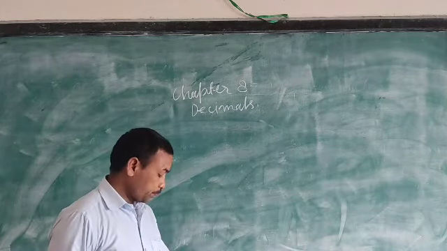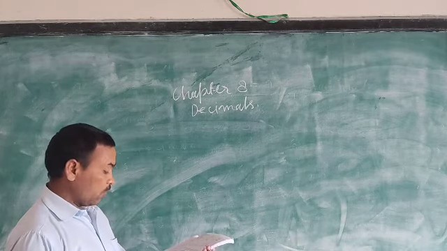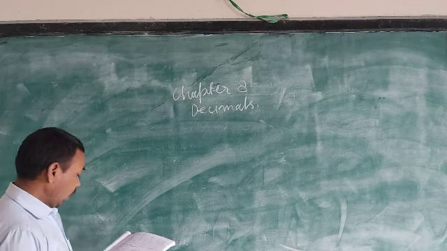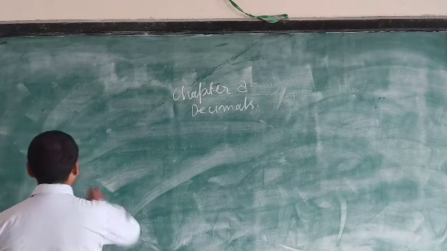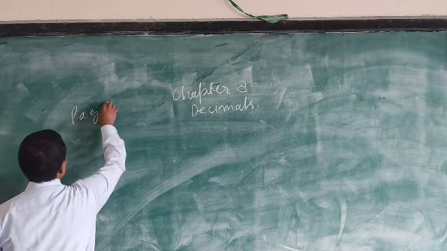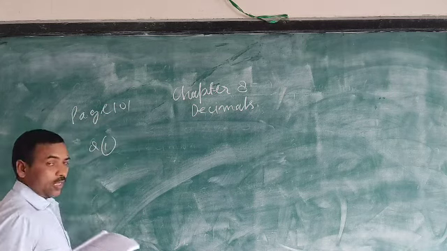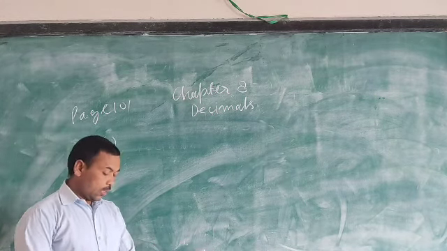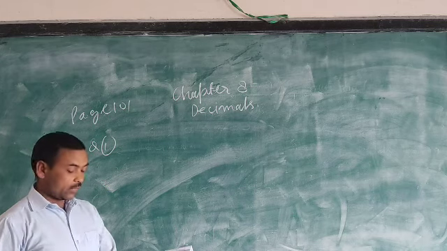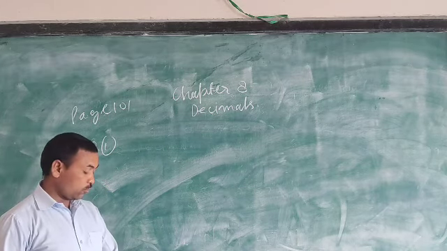So now, come to the question on page number 101. Convert the given unlike decimals into like decimals. On page number 101, your first question, C. Children, take question C from your notebook. I will not write the question because time is very less. I want to explain and do more and more questions.